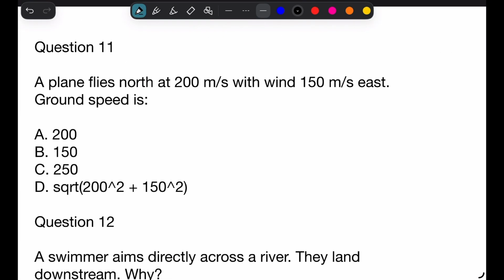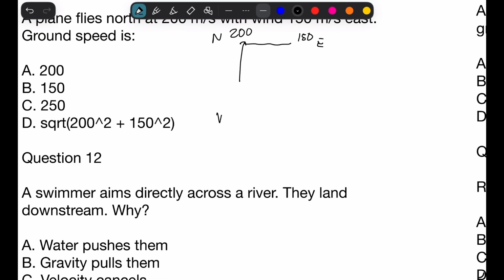A plane flies north at 200 meters per second and with a wind at 150 meters per second to the east. The ground speed is going to be what? We go north 200, then we go to the east 150, so magnitude